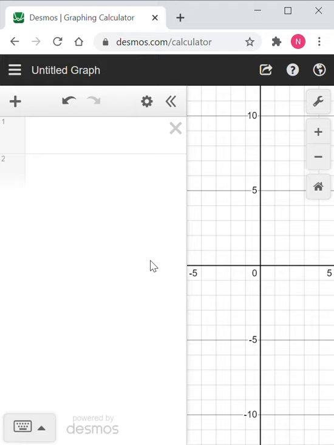Okay, so hopefully you have already looked at the transformations part 1 video where we did the front of the notes and a little bit of the back. We're going to go back and use Desmos now that I've got my screen recorded. And we are going to just look at a couple of things really quick to make sure we understand how